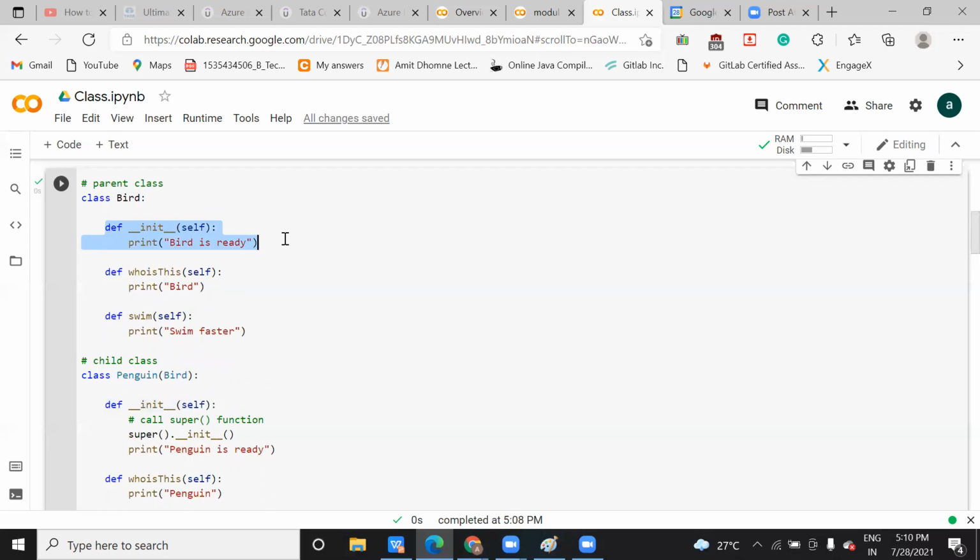Okay, it's very simple, not difficult. Both are having the same function. So when you inherit the property of this class, inheriting means you are reusing this whole class in your own class. So how will the compiler know whether you are talking about this init function or this init function? How will it distinguish between these two?